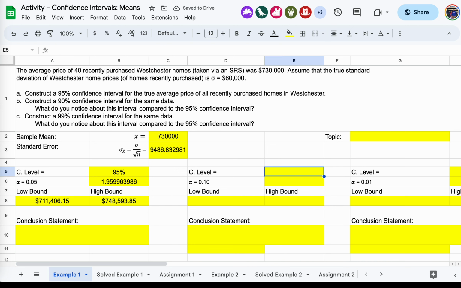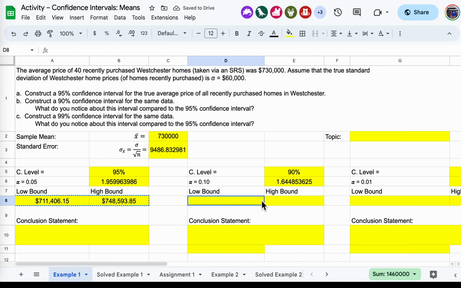So then for 90%, pop in the 90. We can do this again. This is just straight copy paste because I didn't reference any rows or columns. So copy paste and make your 0.05 into a 0.10. I mean, you could do the mental math too. You don't have to write 0.10 divided by 2. You could just put 0.05. But to make it as user friendly as possible, it's often the best bet to put it in its most general form. So I have that, and now when I copy paste this,